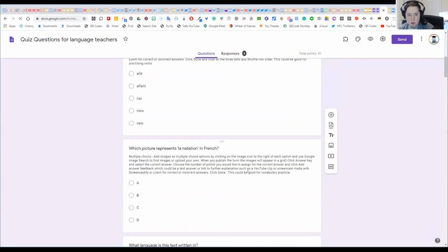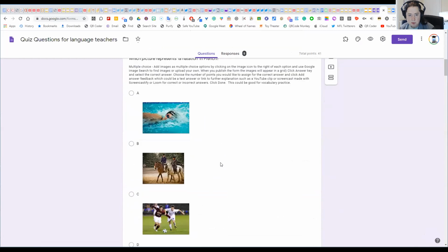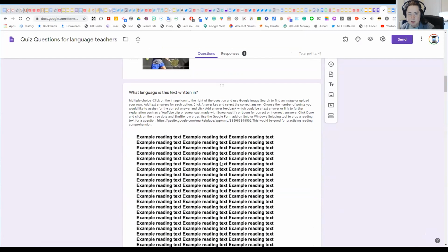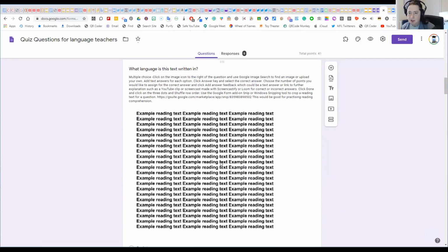So in this one, I've used the image option in the actual question. So I've just written example reading text, as you can see, multiple times. So I created this in Google Drawing, and I just made this random picture and then saved it. But what you could do is you could use the Snipping Tool, which comes with Windows, or you can find out how to do a